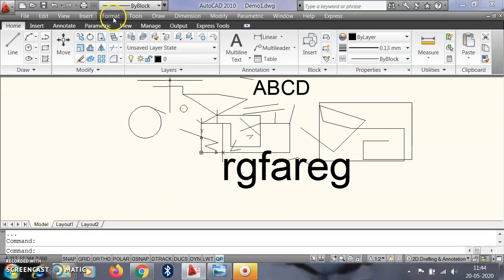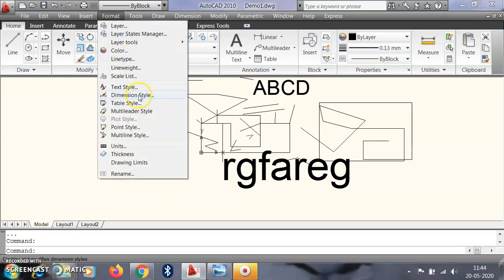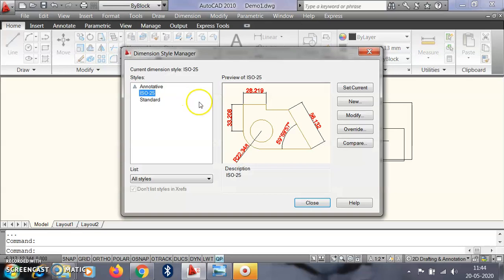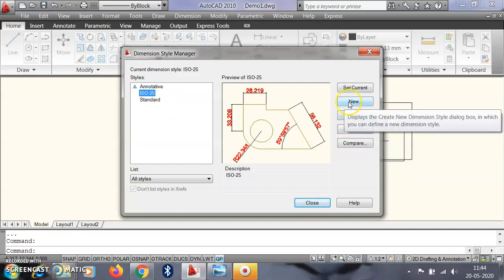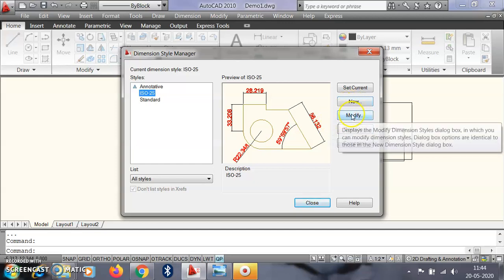Here again, one dimension style we can change. This we already discussed. So to change the dimension style, select it and go here. You can make your new style from here, but most of the time you modify the existing style.